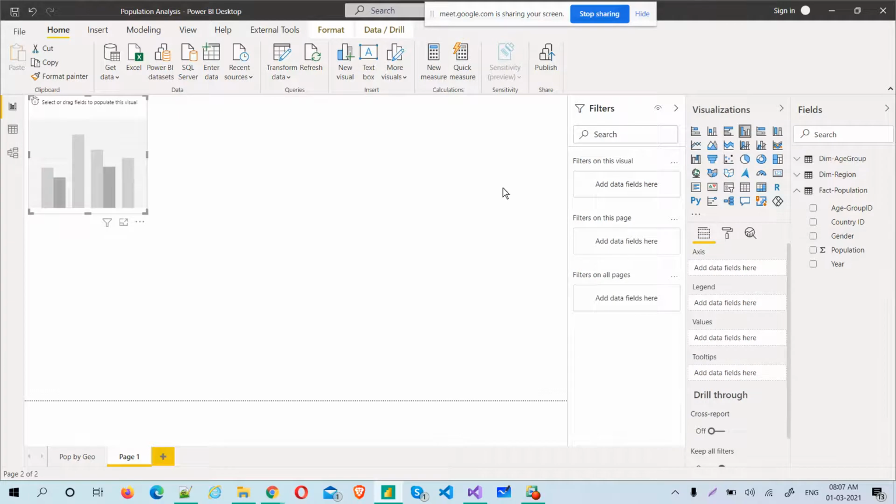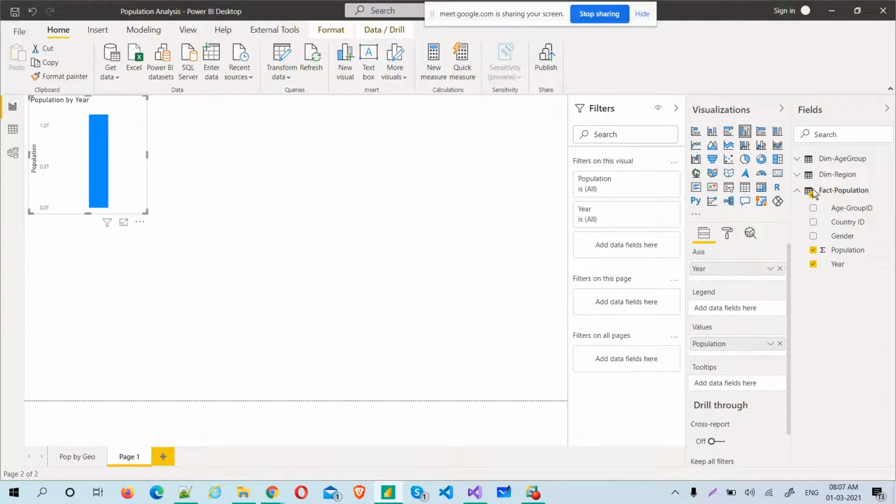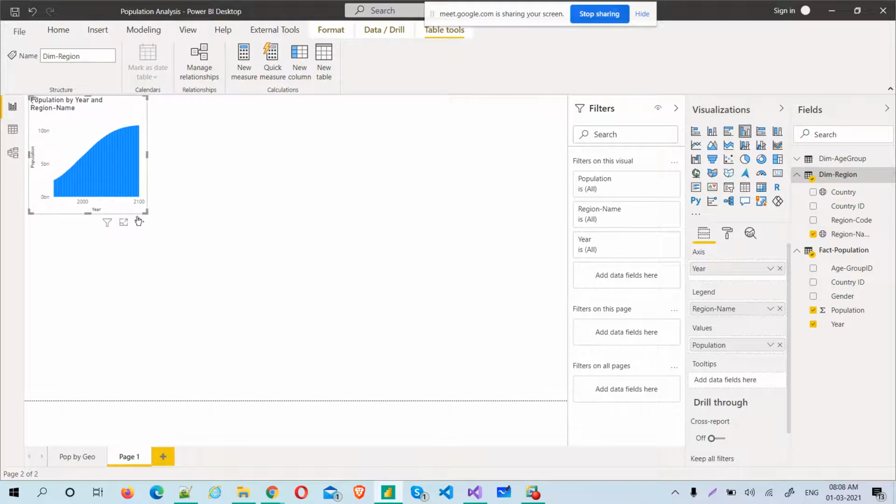Now I've taken the population. I want to take year, and I also want to take region. This is the one, but I want to change this. Let me increase the size.